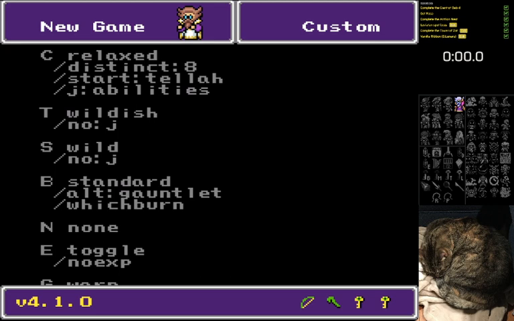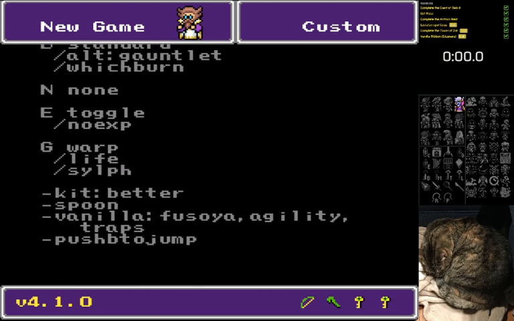We have E-Toggle, no experience. Warp Glitch is on, Life Glitch is on, Silk Glitch is on. Warp Glitch makes Dwarf Castle somewhat relevant, although the Sealed Cave item is out of logic until you get the Luca Key, and with the Luca Key, that Sealed Cave item becomes a freebie, and you don't have to fight any boss down there to get it. Warp Glitch on Push B feels a little...